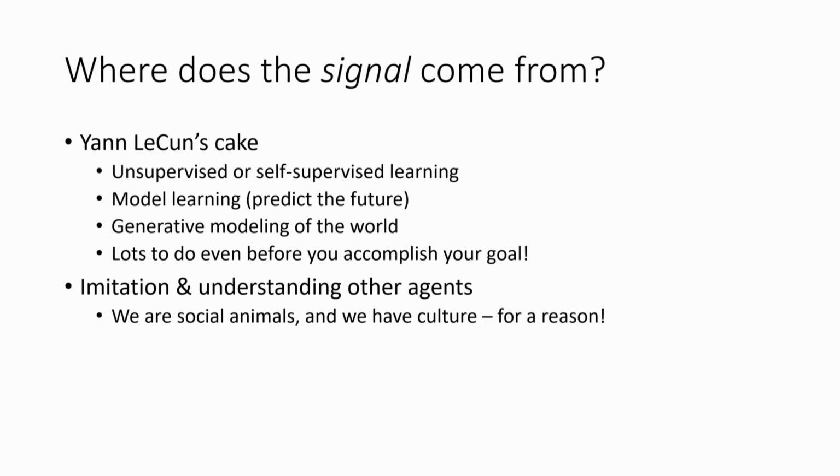Humans, and in fact many animals that we would consider to be more intelligent, are actually social animals. And humans have culture, and maybe that's for a reason. Maybe that's actually a big part of the mechanism that allows intelligence to arise, even in situations where otherwise supervision might be very scarce. And then there's another view, which you might call the RL purist view,